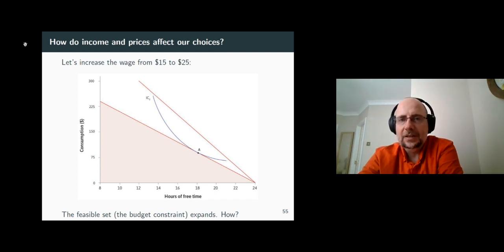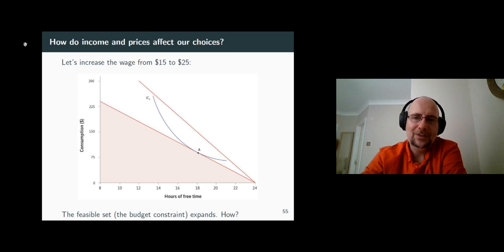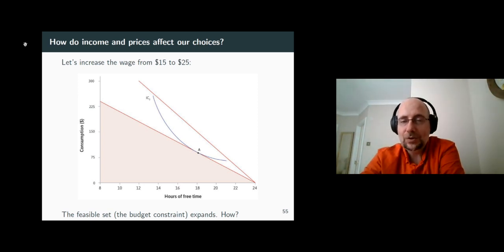Rather than 15, the first hour of work adds 25 to your income. The second adds an extra 25 rather than just an extra 15, and so on and so on. So in 2 hours of work, you get 50 rather than the old 30. In those same 16 hours, you could potentially earn $240 before. Now you can potentially earn a lot more,